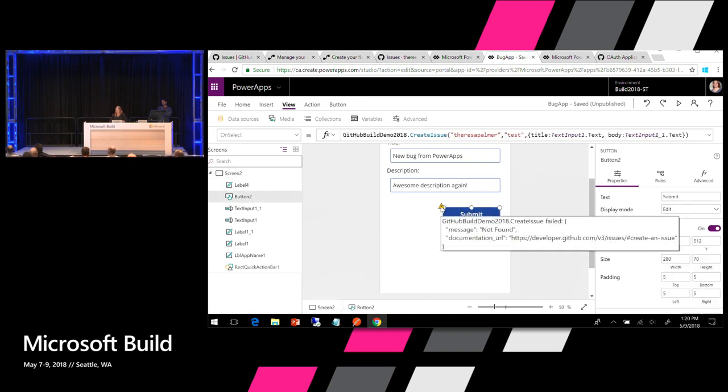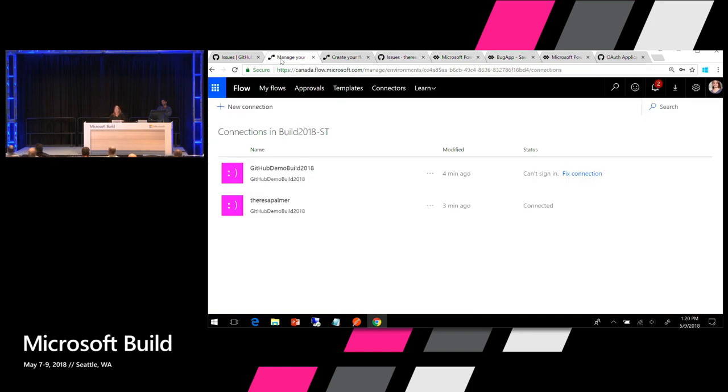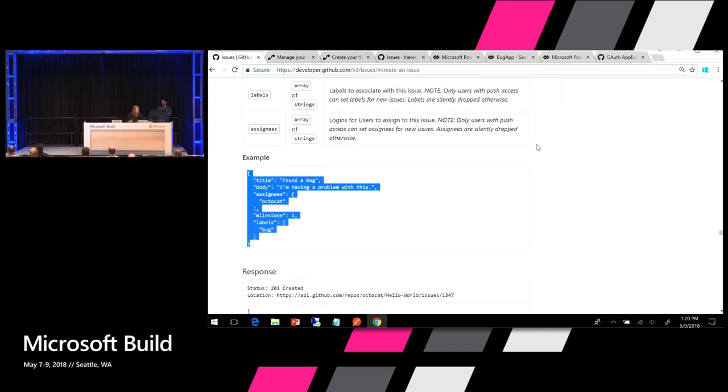But you can see the issue that's coming up right there actually comes directly back from GitHub. So even though it didn't successfully create a bug, you can see that it is going through my same connector and is returning error messages directly back from the service. So with that, I will switch back over. And just as a recap,